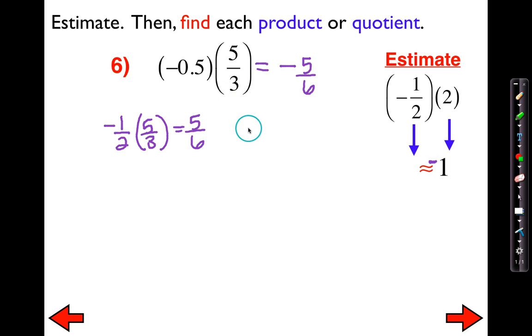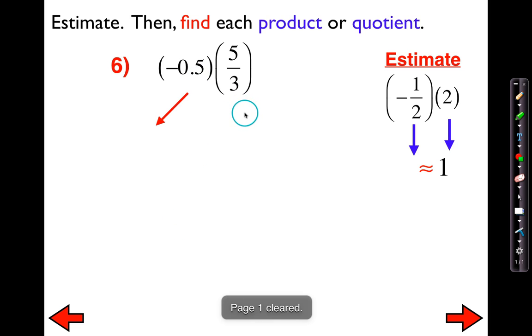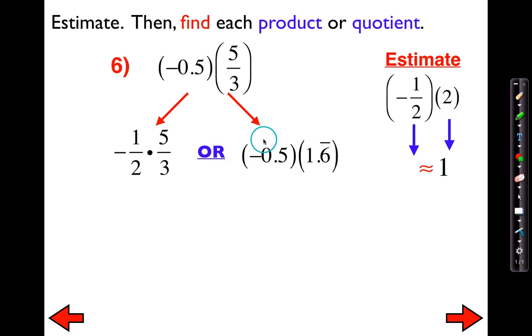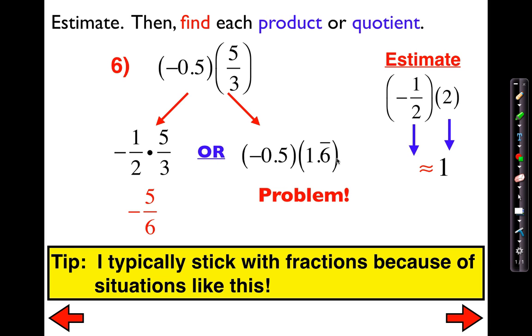Now, was there another way to approach this problem? Absolutely, you could have turned both into decimals. I could have kept that as a negative 5/10, and if I divided 5 by 3, I would have gotten 1.6 repeating on the 6. Now here's a prime example. Do we really want to be multiplying a repeating decimal with another decimal? The answer is no. Okay, so again,